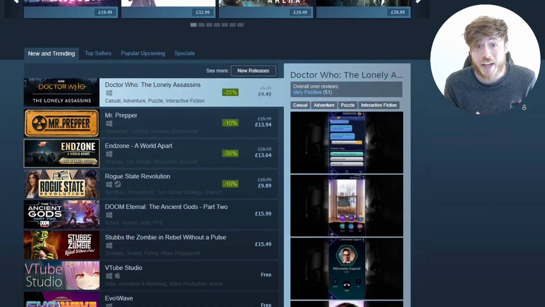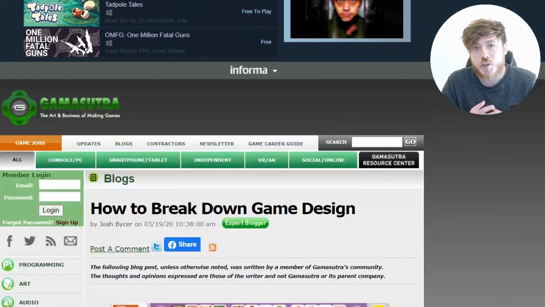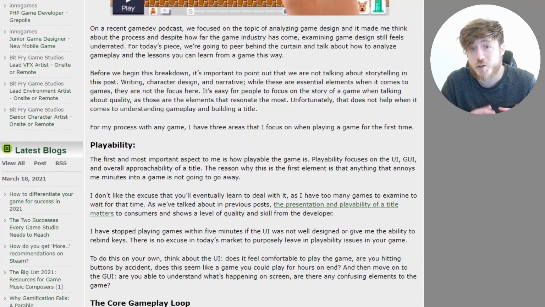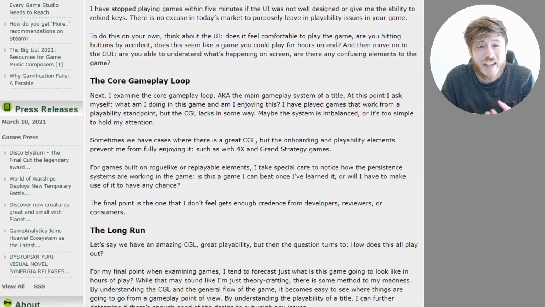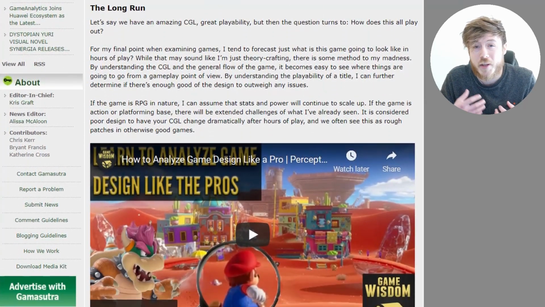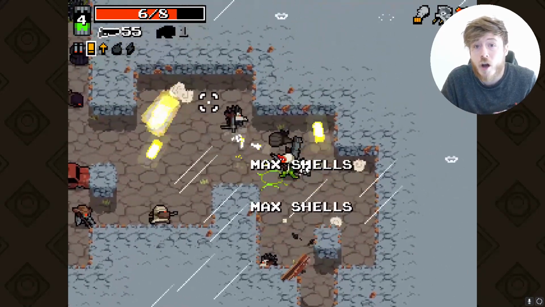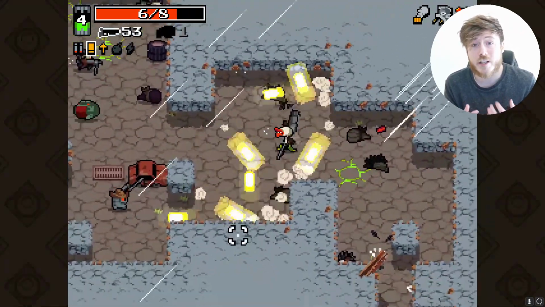and designer of games. What I want to teach you is a mental checklist of specific things to look for, inspired by Josh Bice's blog post on Gamasutra. While you may naturally end up picking up on a few of these things when you play games already, when we are aware of what to intentionally look for, we can be much more powerful and precise with our opinions